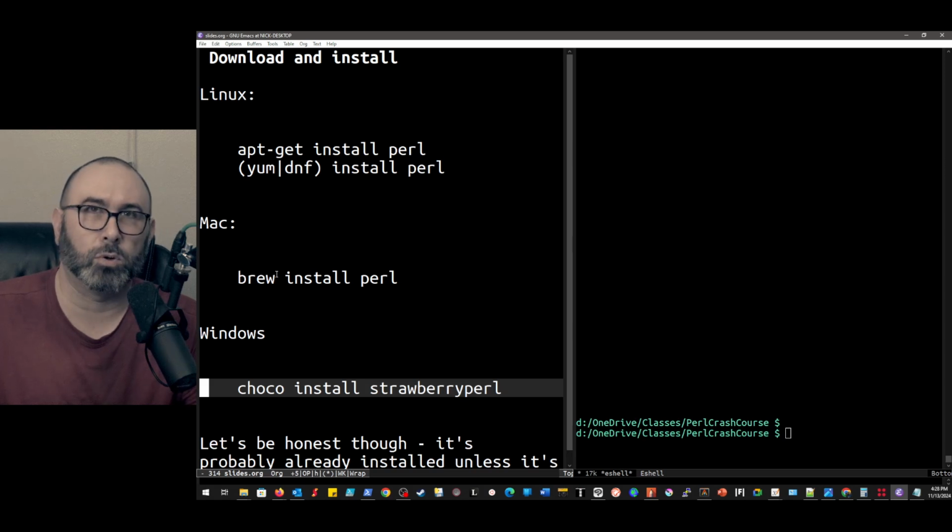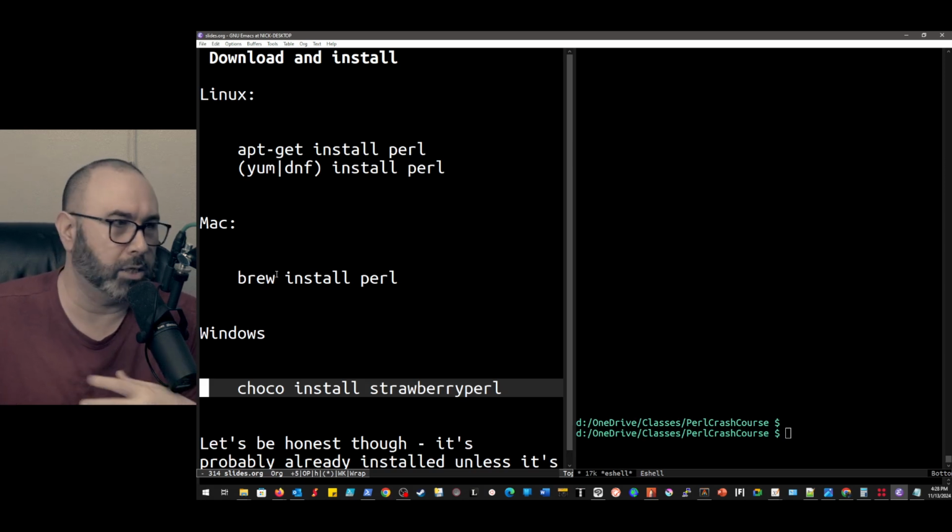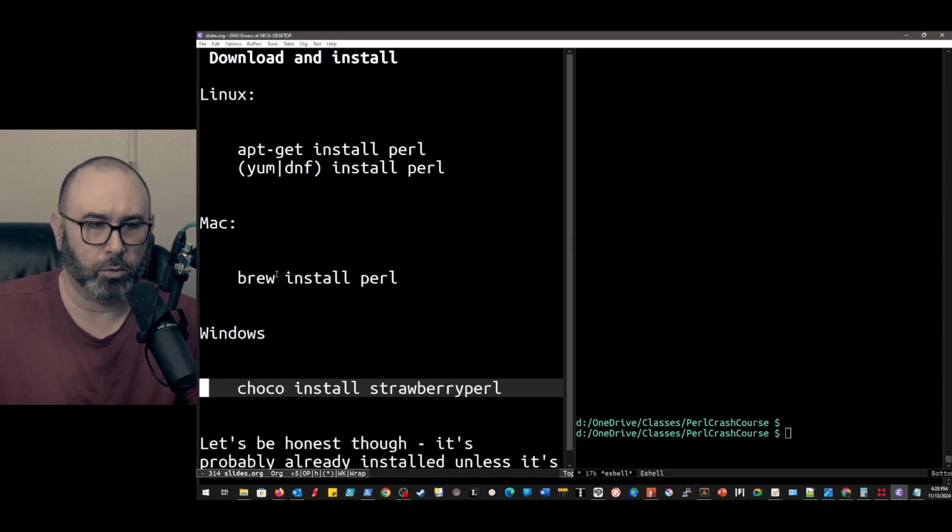It used to be ActivePerl, and I think there were a couple of other ones. But Strawberry Perl works really nicely, and it's available through Chocolatey, which is typically the package manager that I use on Windows systems. So you just do choco install, in this case strawberryperl, and it'll install that for you.